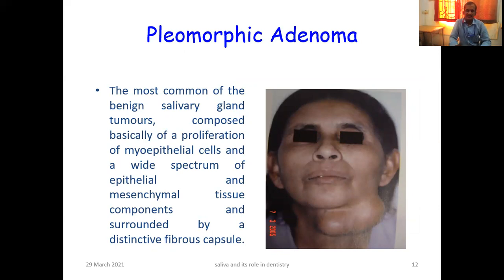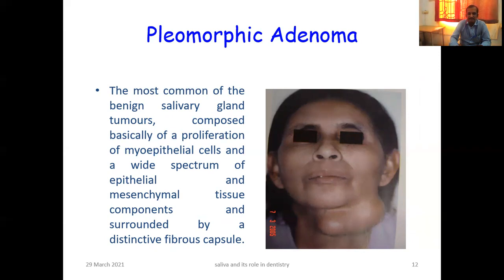Cancerous lesions pertaining to the salivary glands. The most common form of benign salivary gland tumor is the pleomorphic adenoma, as seen in the picture, this pleomorphic adenoma involving the